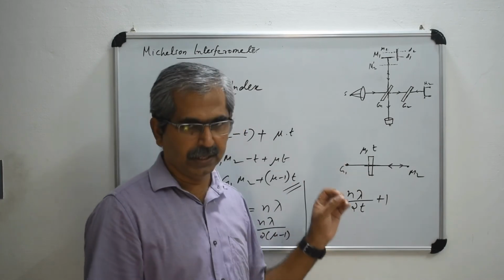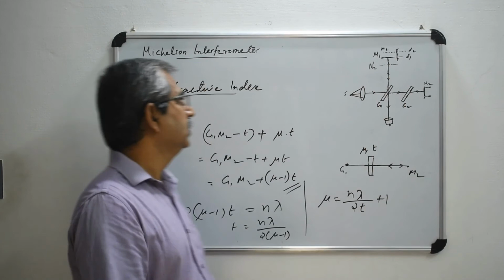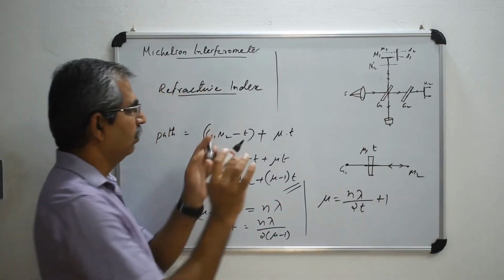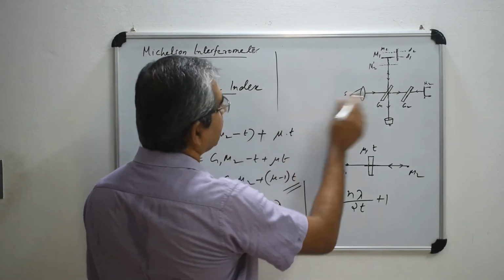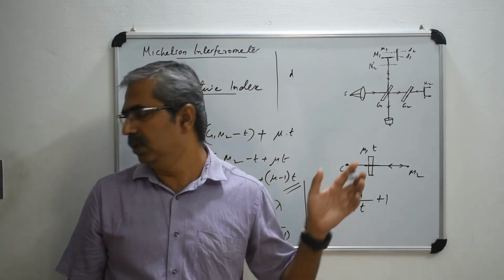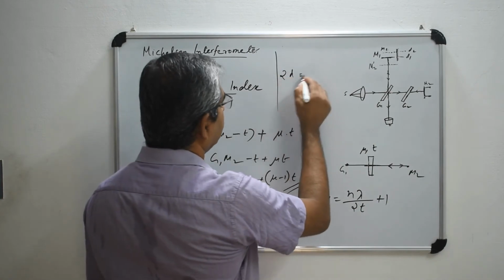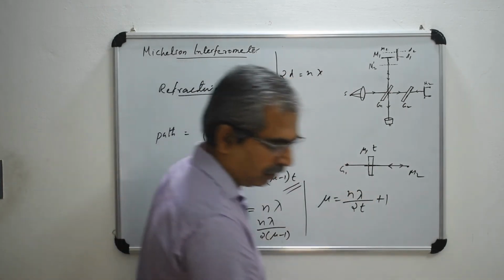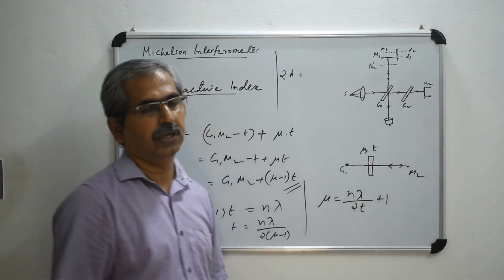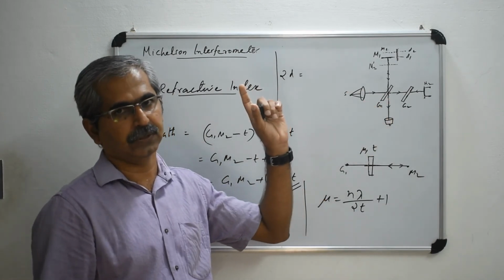So see what will happen if you are using white light. You will observe a fringe system only if the path difference between these two, that is D, the separation between the two, is very small. The path difference will be very small, that is 2D equal to n lambda is the equation. This D, or the path difference, should be very small in order to observe the pattern if you are using a white light.